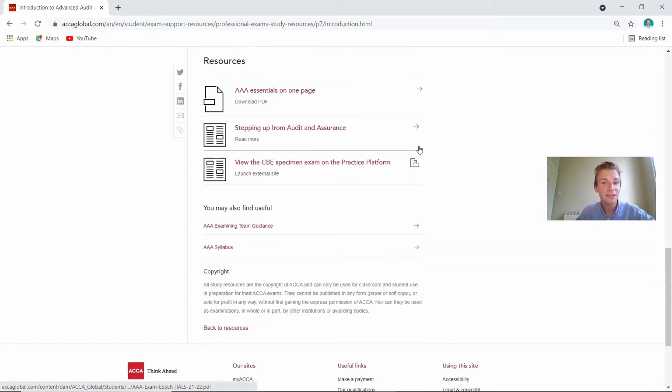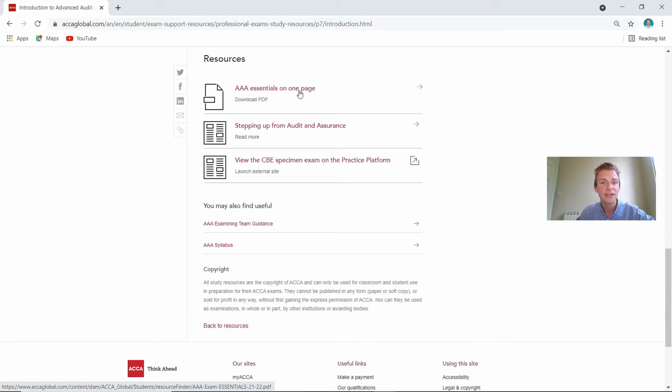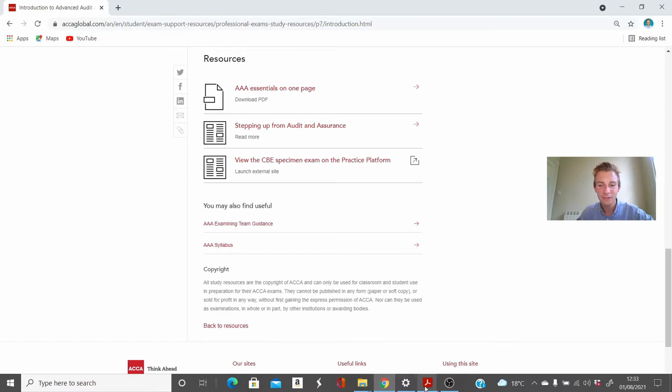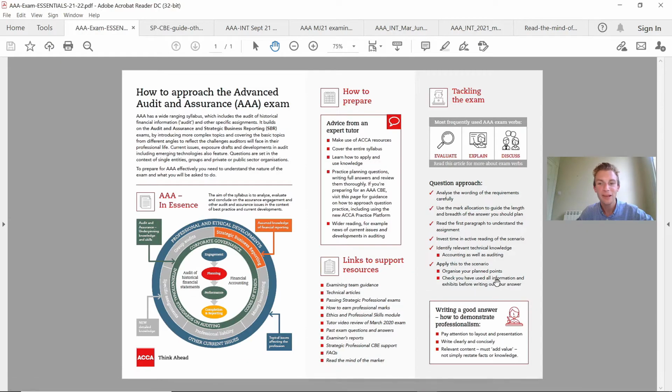But then scrolling down to the bottom, another key resource on here, the actual essentials on one page. So many students do not use this, but like any well-prepared presenter, here's one I prepared earlier. So this just nicely breaks down some of the key verbs, the key topics that you should be expecting to see on the exam, how to prepare, and what should be your approach. So starting off from the left-hand side, these are the nice processes as you go through some of the topic areas, how it links in from other exams.